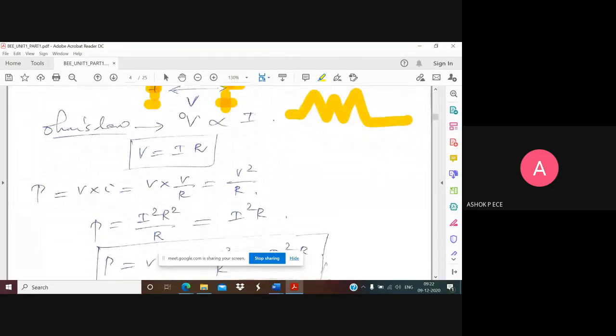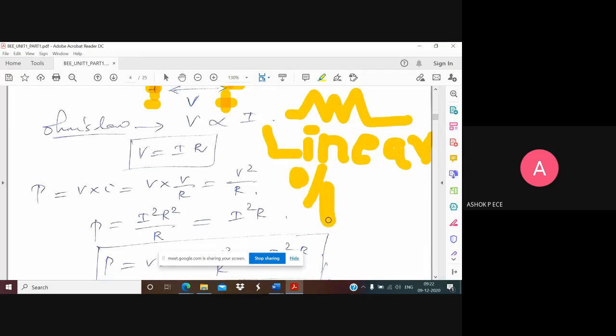We have seen Ohm's law yesterday. Ohm's law works for linear circuits. In a linear circuit, output is proportional to input. So the linearity relation will be there, and Ohm's law works only at constant parameters, constant temperature, constant pressure. Those are the restrictions of Ohm's law. You cannot apply Ohm's law anywhere as you like for any device. Ohm's law is applicable only for linear devices. What do you mean by a linear device? The output of the device is proportional to input.